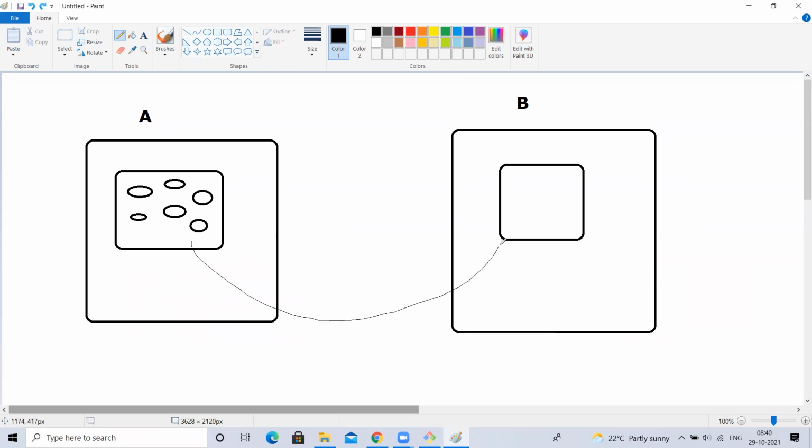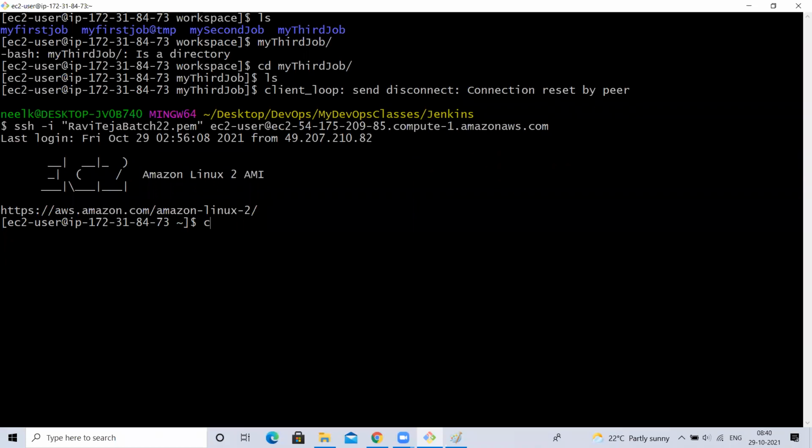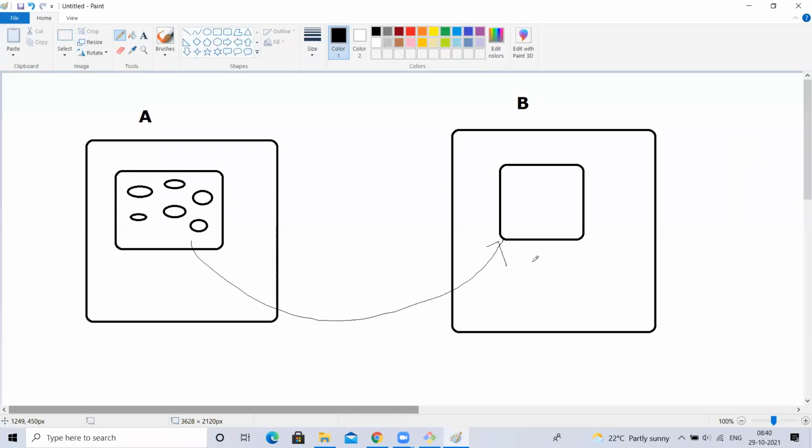So SCP is the command we use to copy from one server to another server. This is an interview question: how will you get all the details? You install this Jenkins and you get a Jenkins folder. First you have to install, that is for sure. After installation, you just replace the /var/lib/jenkins folder with this Jenkins folder, so it will take it here. Understood, guys?